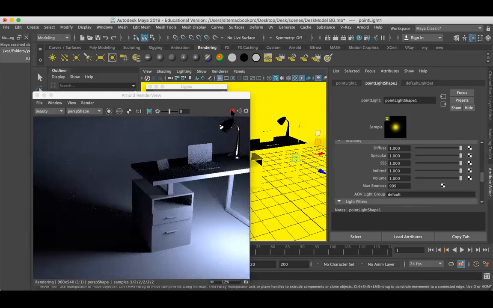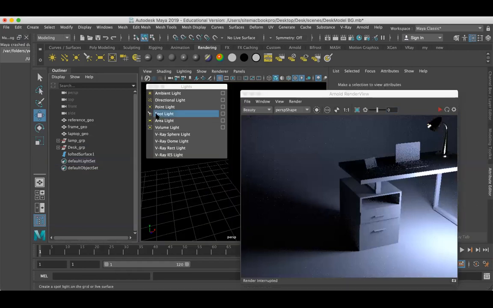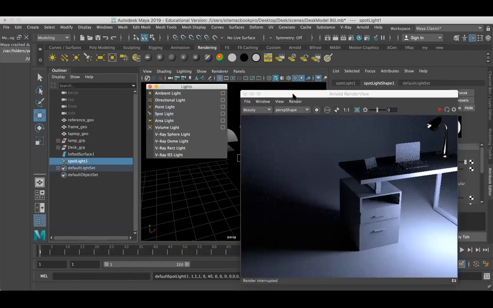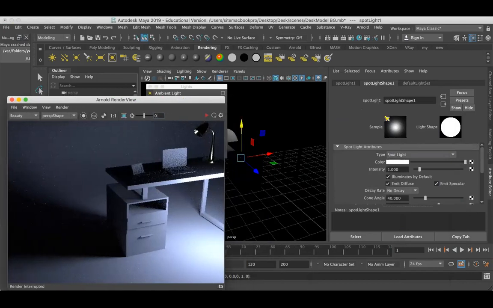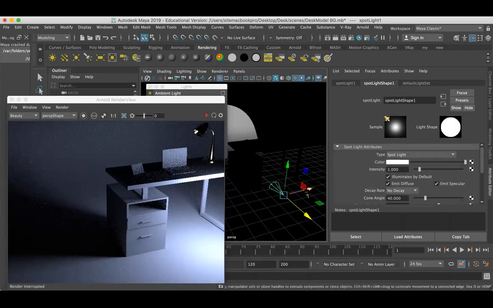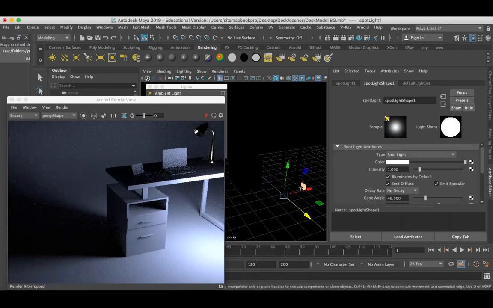So now I'm just going to stop this one, and we are going to move to the next slide, which is the spotlight. Here you can see, it started. The spotlight is something like a cone light, something which looks like a cone.